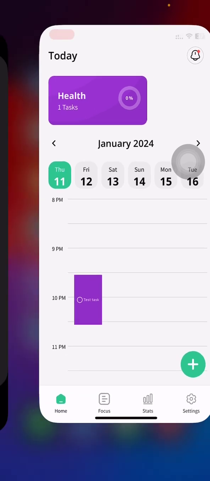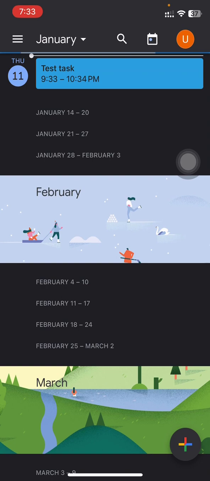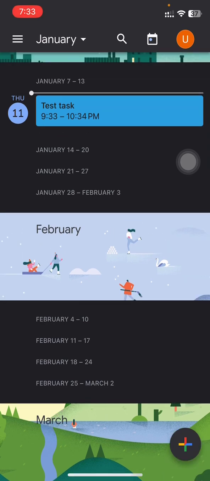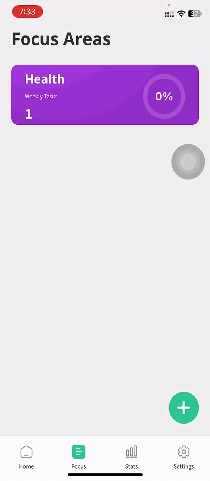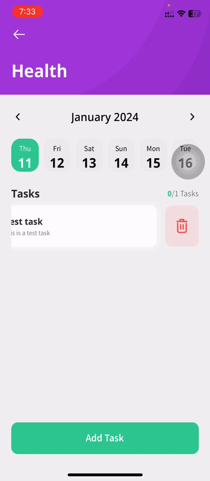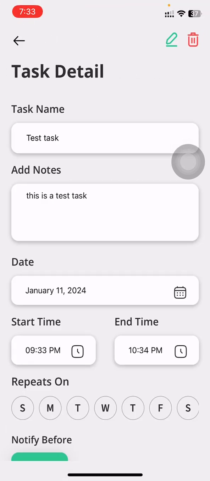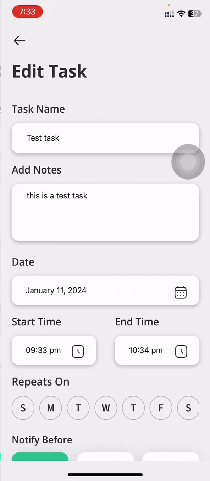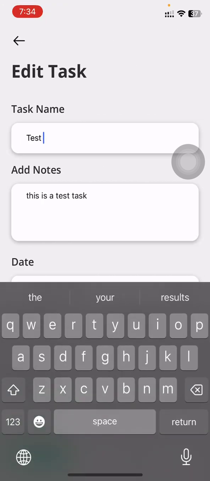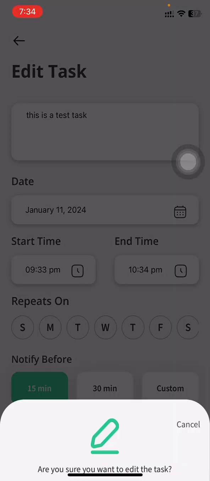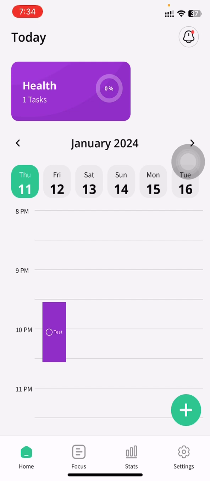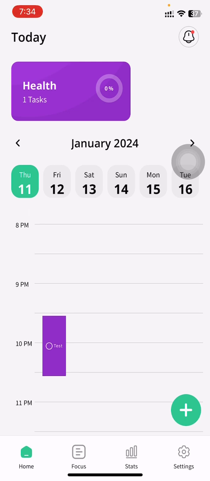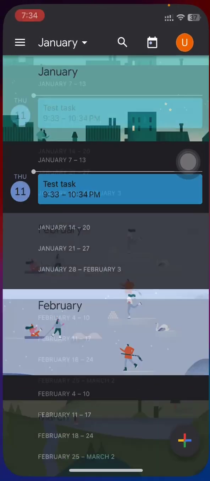Now if I move to the Google calendars, it will be shown there. And here it is. Now if I make some changes to this task on the application, it will be reflected on the Google calendars. Let me just rename it and save the changes. Now if I see it on my calendar, it looks like this, and if I go to the Google calendars,